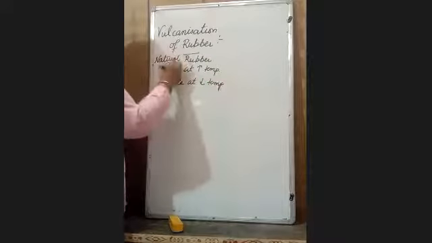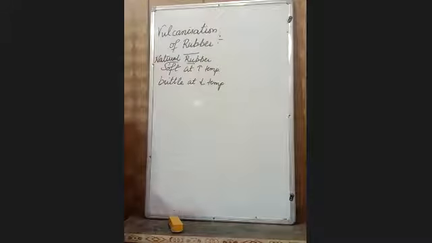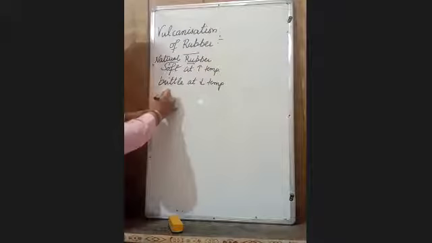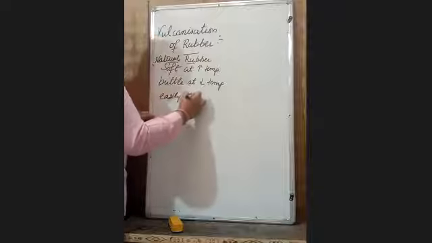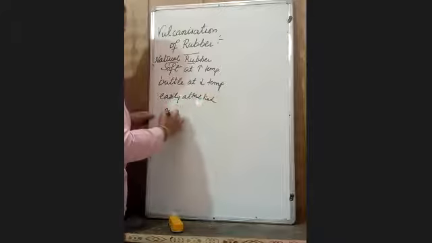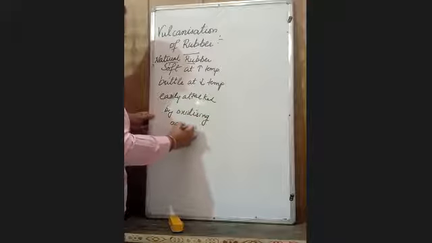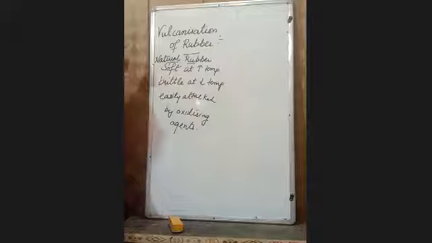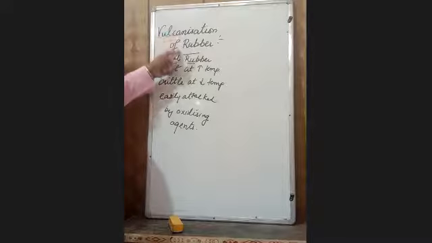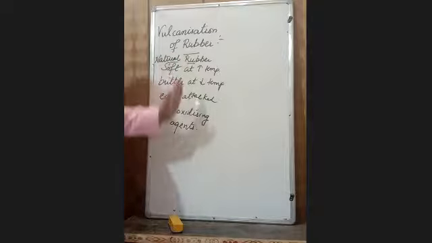I'm talking about natural rubber, whose isomer is cis, whose monomer is isoprene. And it is easily attacked by oxidizing agents. So natural rubber, which is very soft at high temperature and brittle at low temperature, and it is very reactive, is easily attacked by oxidizing agents. So we do vulcanization of natural rubber to change all these properties.